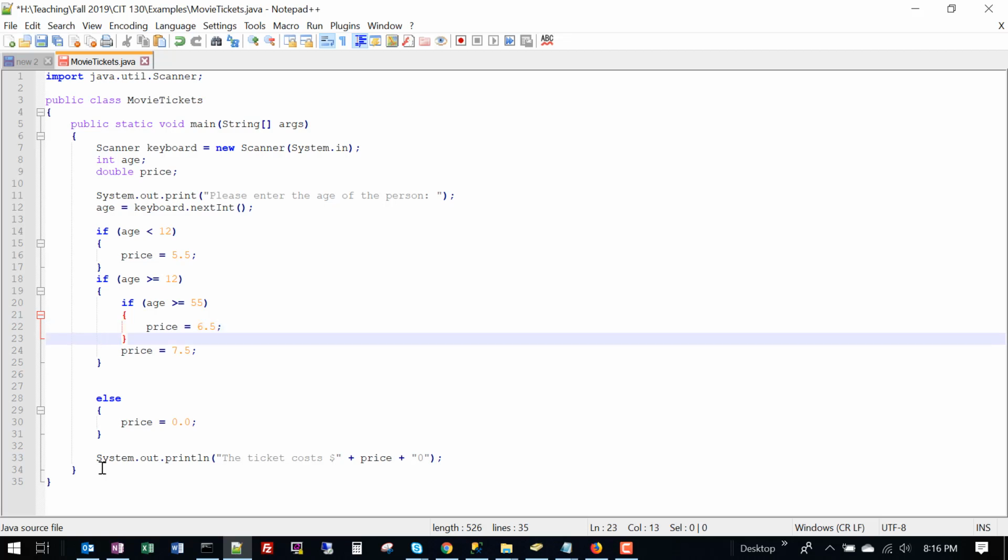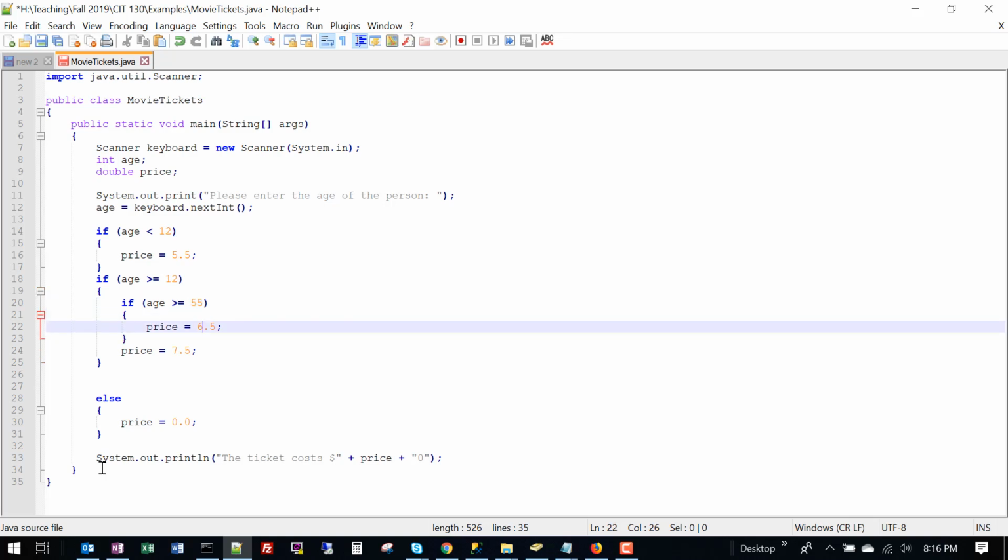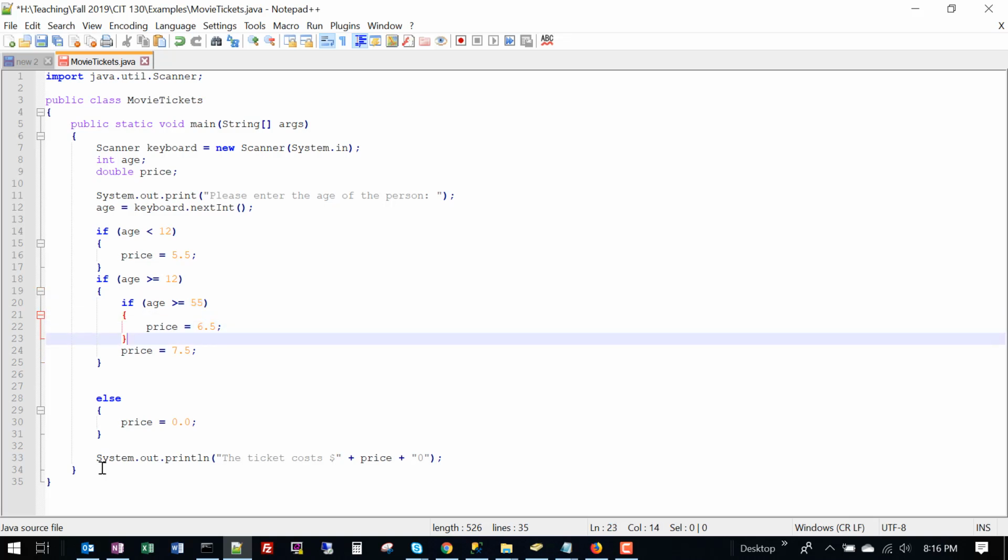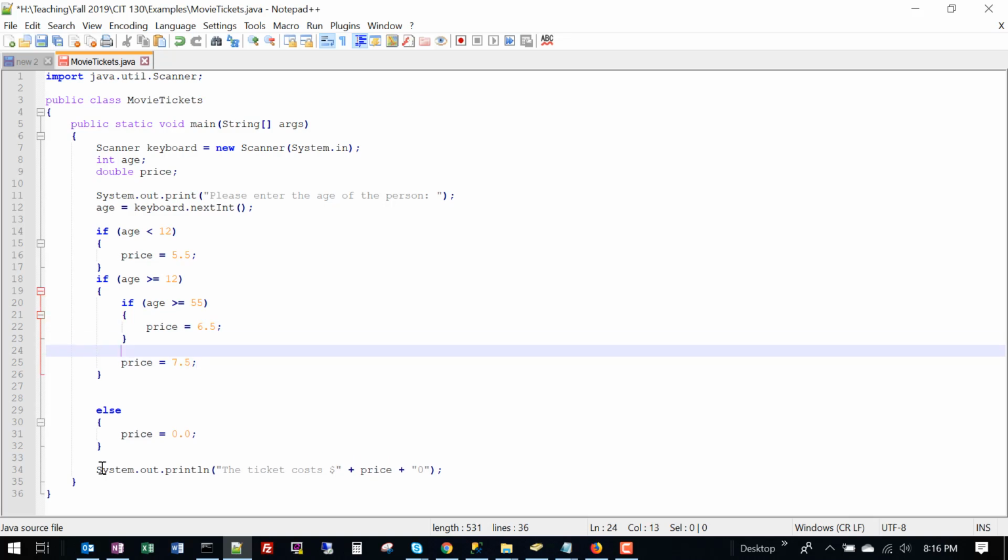If age is greater than or equal to 55, we already know it's greater than 12, but it may or may not be greater than or equal to 55. We can do that, and then we can say else